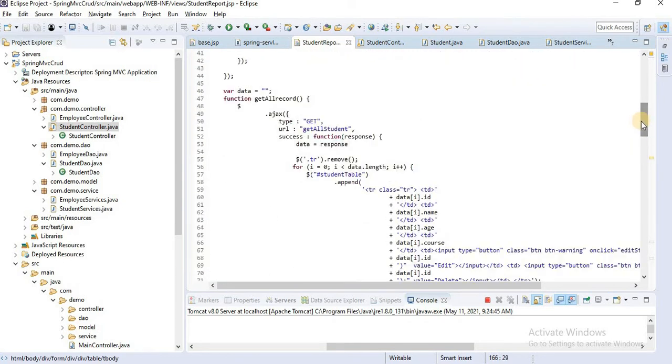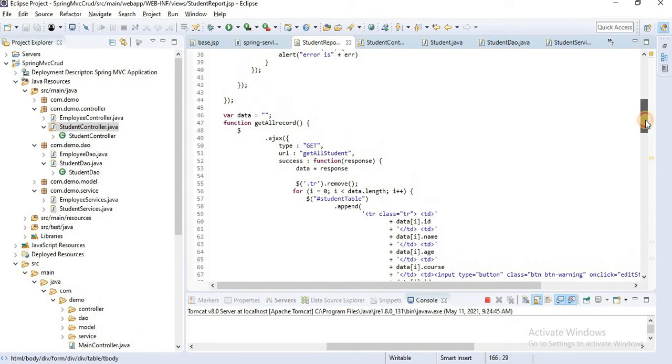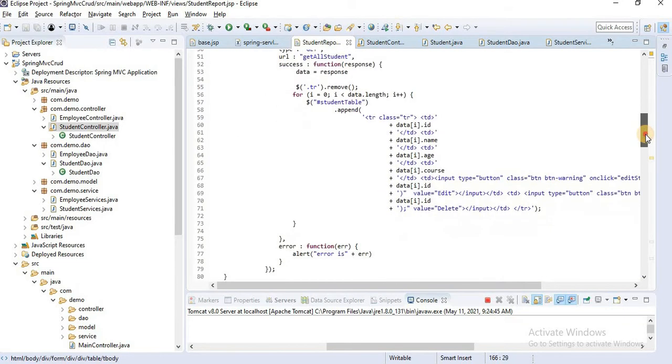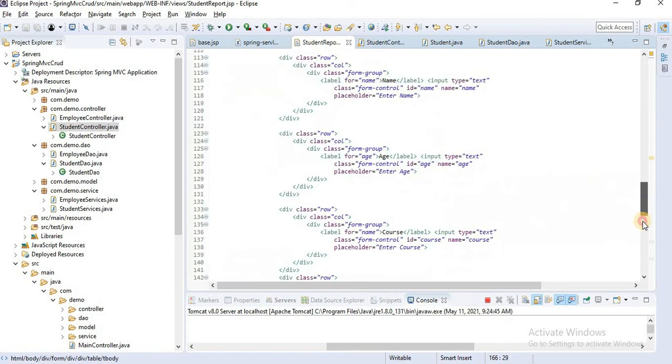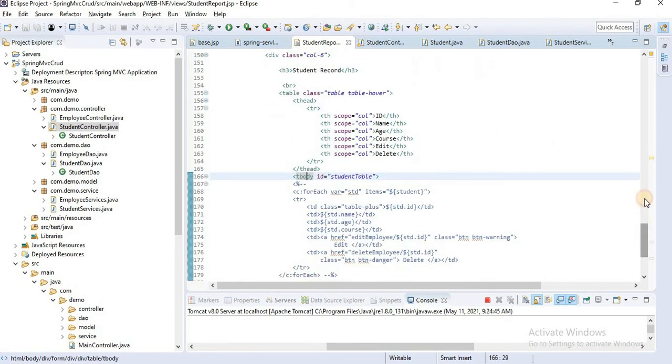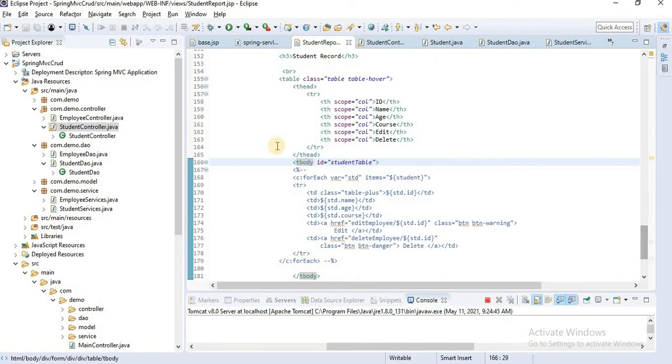Here we define a student body ID, and here we define a student table ID. In the body we define one ID.